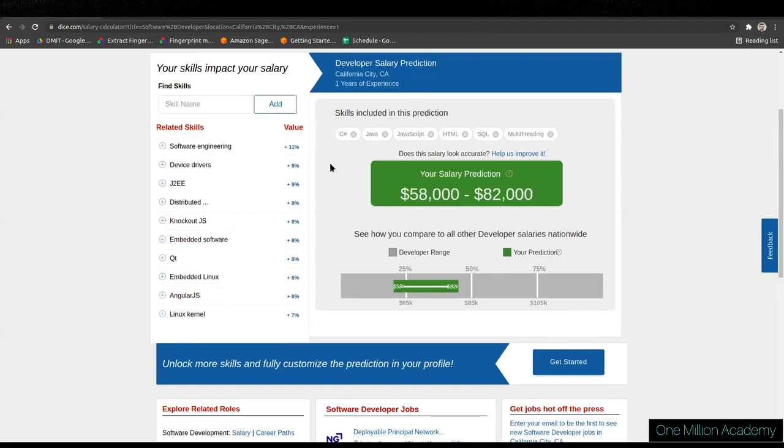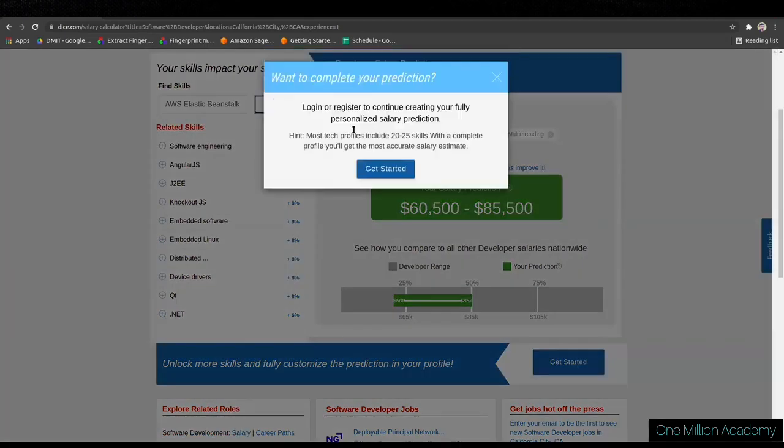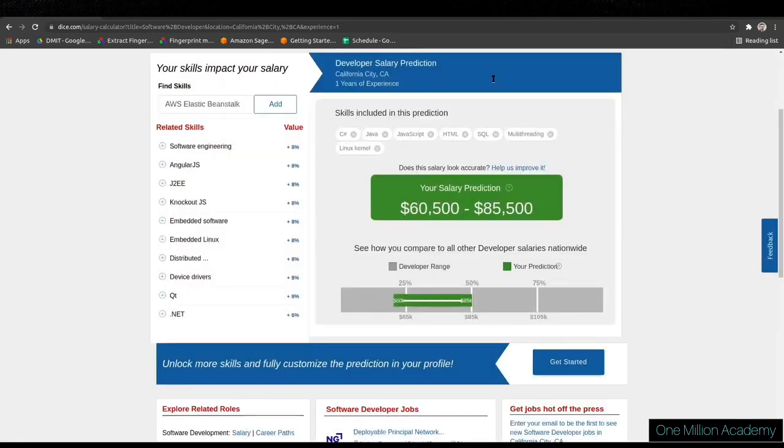Okay, if you say you know some Linux kernel commands and all those things, you can see your salary is getting increased. Good. If you want to add something like AWS, you'll get one of these. I'll just use Elastic Beanstalk, that is also one of the platforms. Okay, it is not allowing me because I don't have any account on it. But still, we are getting an idea of how much we should be paid with